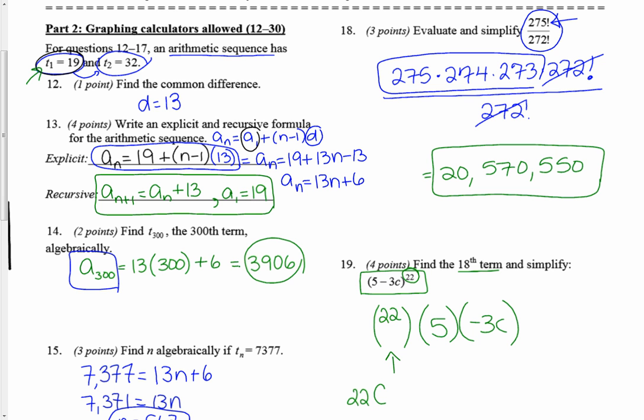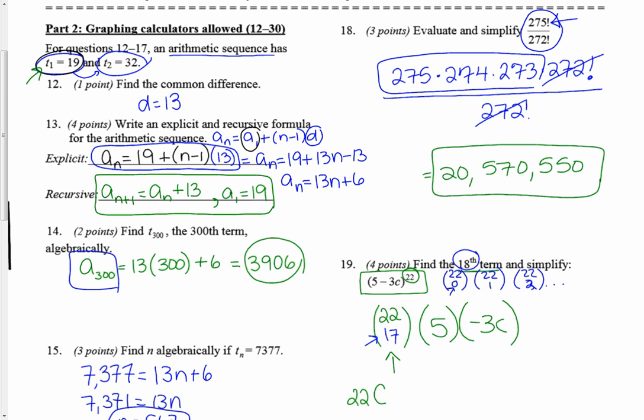So let's think about what the next number is. When I start out, if I'm using Pascal's triangle or if I'm using combinations, I would have started out with 22 choose none, then 22 choose 1, then 22 choose 2, and so on. So by the time I got up to the 18th term, I would have chosen 17 different times because the first one was 0. So this number down here on the bottom is always 1 less than the number of